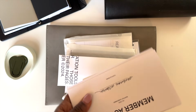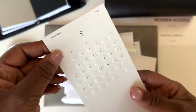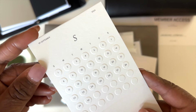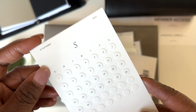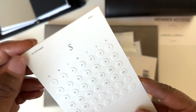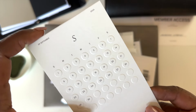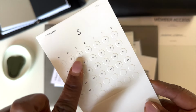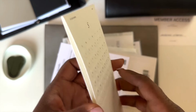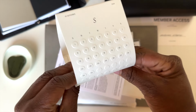Okay, here we go. All right, so first we have our member access card. Next in here we have September. Oh my God, CMP, y'all are moving me forward. September is not even August, but we already got to August. But I'm like, oh my God, the year is almost up already. So September, you have this little pop-up card. I love cutting this and just placing it in my planner, and you can use spotlight stickers or some of your dot stickers to cover important dates. But this card pops up just like this,